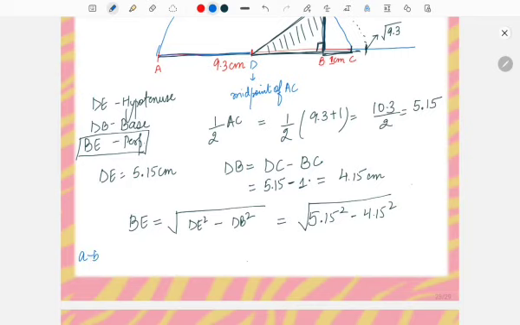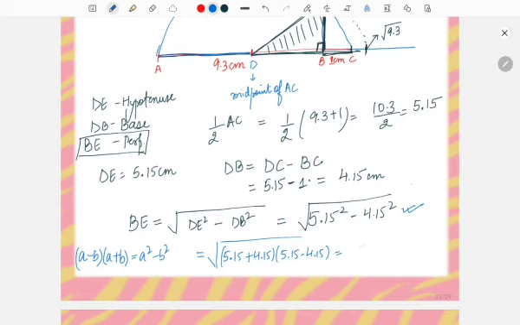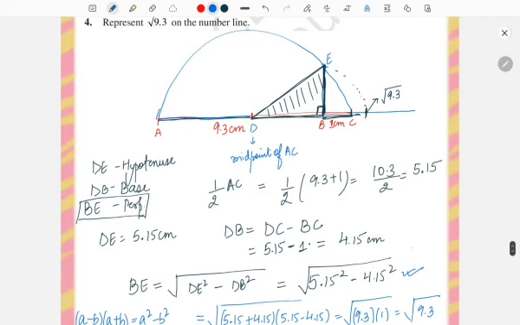If I use the identity a minus b multiplied by a plus b, which is equal to what? A square minus b square. I am using that identity here. So this would be under root of 5.15 plus 4.15 multiplied by 5.15 minus 4.15, which is equal to under root of 9.3 multiplied by 1, which is equal to under root of 9.3, which is why the perpendicular